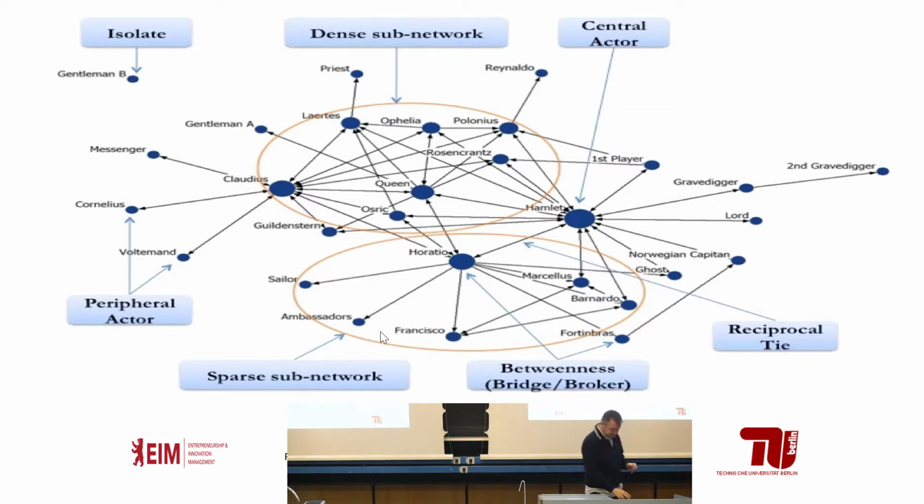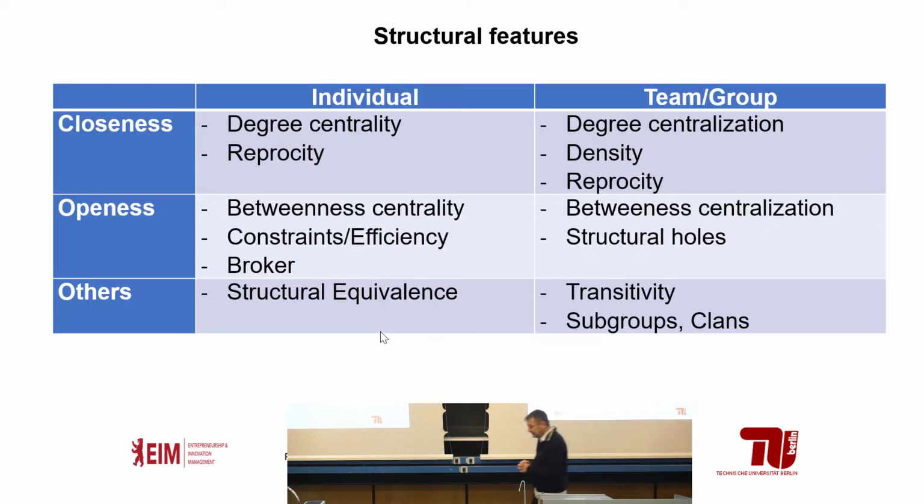And in network terms, we generally distinguish between the theories describing closeness in networks and the theories describing openness in networks, and there are some other special measures. Closeness theories say social capital, where we speak about, appears through very strong and close contacts in a network. Which means you have a lot of contacts, you have strong contacts. The contacts are reciprocal. That means that a friend of yours also labels you as friend in a network. So it is actually a two-sided kind of network.